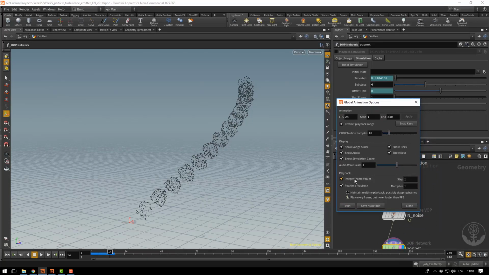You have an integer frame values option. These are playback options. Right now Houdini says that it will only play on your timeline integer values. So let's turn off this option and put a float value. If we hit apply and close,